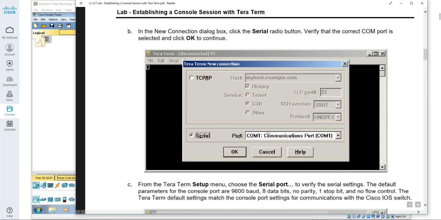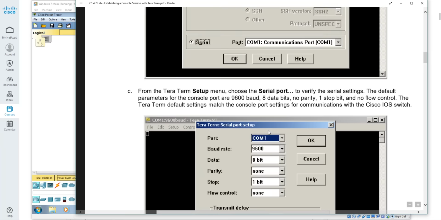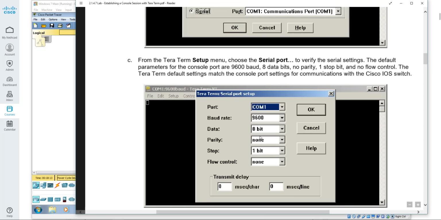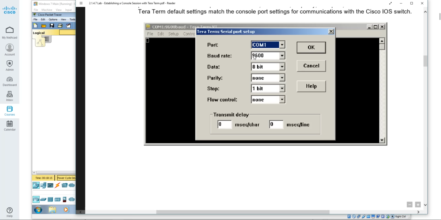I don't have a video on this right now, but you can go out and find one. There's plenty of them out there on how to connect TeraTerm and how to do that. And then once you set up your COM port information here, it's usually basic COM1, baud rate's 9600, and that's a throwback to the late 80s, the 90s of when we set up modems, and the baud rate was 9600. And your data rate's 8-bit, parity none. Just gonna leave everything default there.